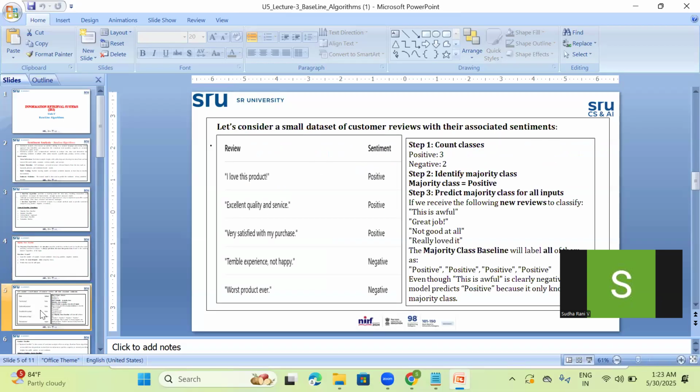Let's take an example and discuss the majority class baseline algorithm. Here we have reviews. Take the example of websites, online stores, and review or feedback systems. If you take the reviews of any online shopping,